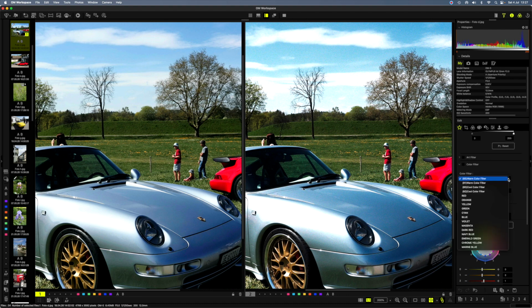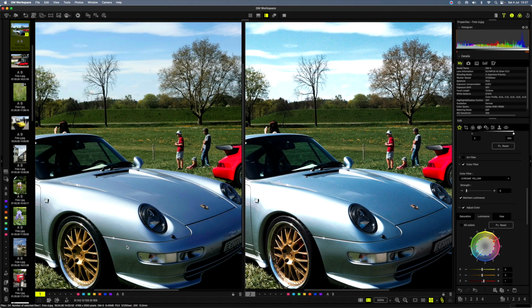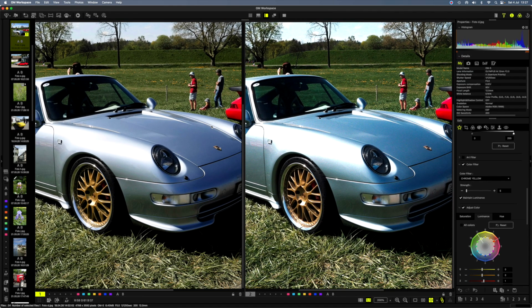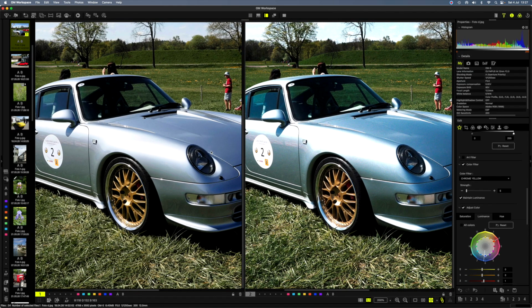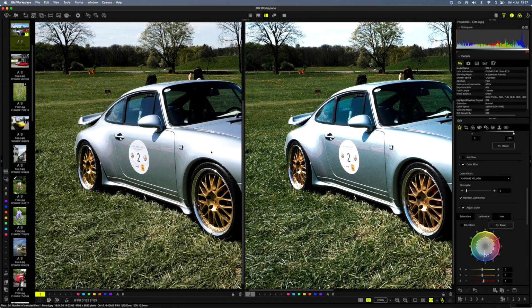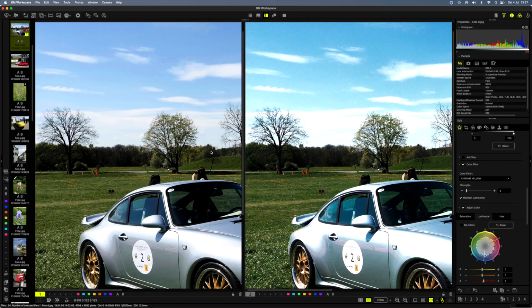So I can select, if I want to up the yellows, you could select a chrome yellow. I always select the maintain luminance side here and then add more yellow. So let's see what happens to the image. Very interesting. Maybe not a problem. I think we gained a little. Instead of losing, we gained a little.